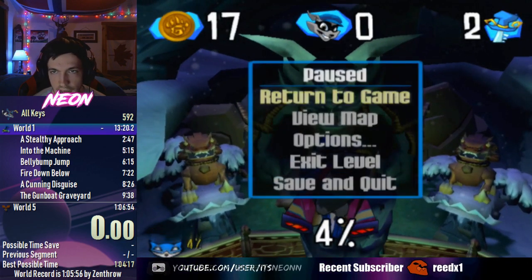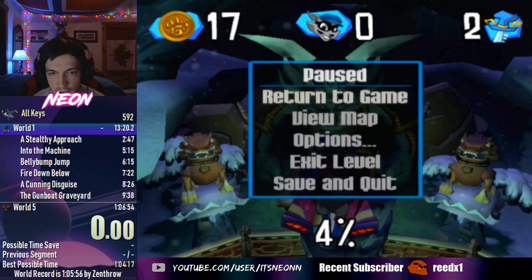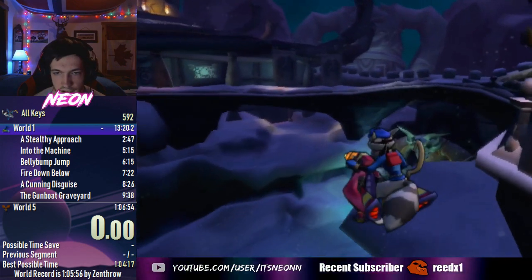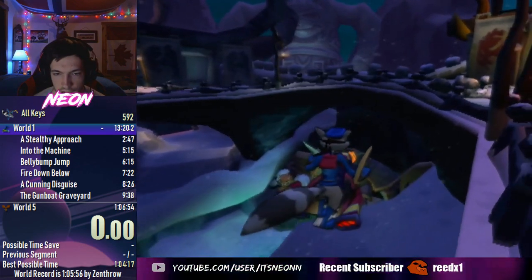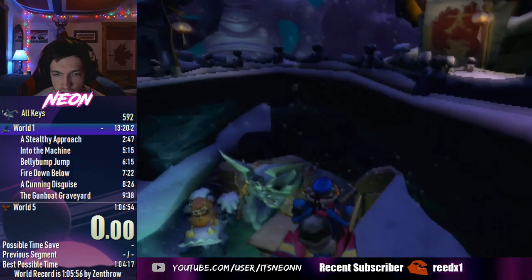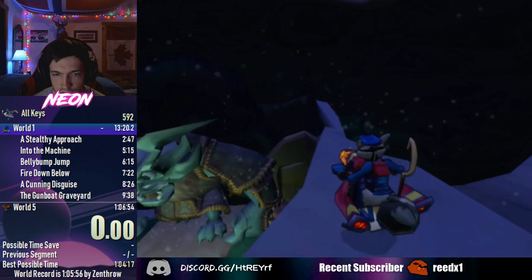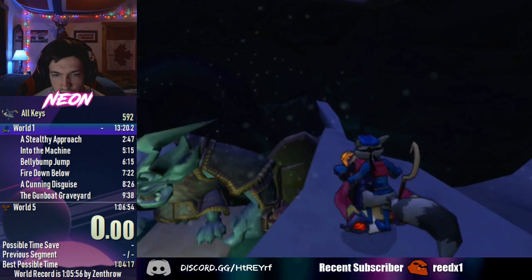There it is. As you can see, I collected the key, the autosave icon popped up, so now we can just exit the level and you're good to go. And we're going to come over here again like normal, and like I said, what you're going to do is come over here and wait until Sly drops down to this lower level, and then from here you're going to just hold directly to the left